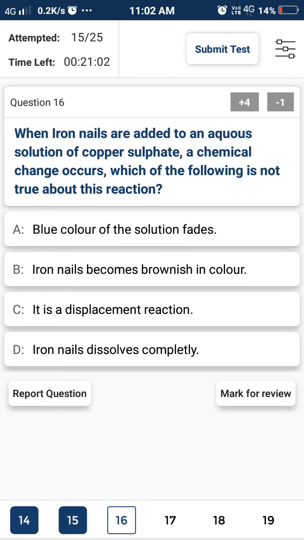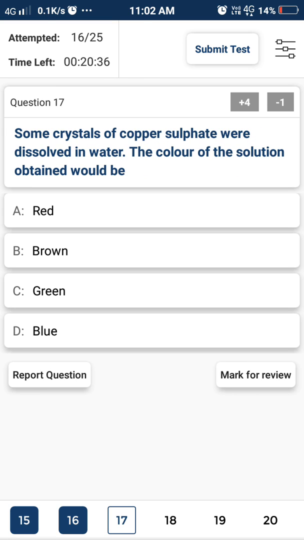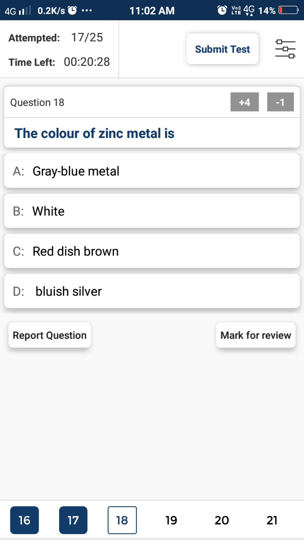When iron nails are added to aqueous solution of copper sulfate, a chemical change occurs. Which of the following is not true about the reaction? Blue color of the solution fades. Iron nails become brownish in color. It is a displacement reaction. Iron nails dissolve completely. Some crystals of copper sulfate were dissolved in water. The color of the solution obtained would be brown. The color of zinc metal is